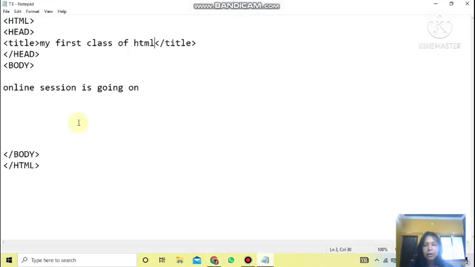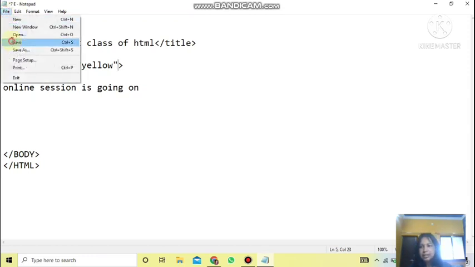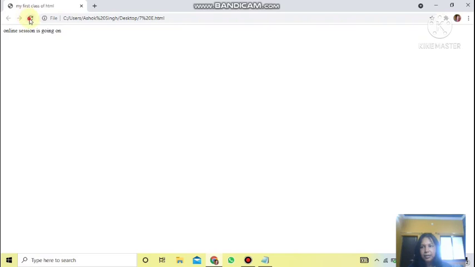Simply go to the document. There in the body tag, the on tag is there. Put the cursor, space bar. The attribute for applying the body color, meaning the background color, is BGCOLOR. You have to learn this. BGCOLOR. Don't leave any space here. Attributes are always written as a single word, and just after that put the equals to sign. Within quotation marks, write which color you want. Suppose I want yellow, so I will write yellow and close the quotation marks like this. Now you save it, open your web page and refresh it. Can you see this?